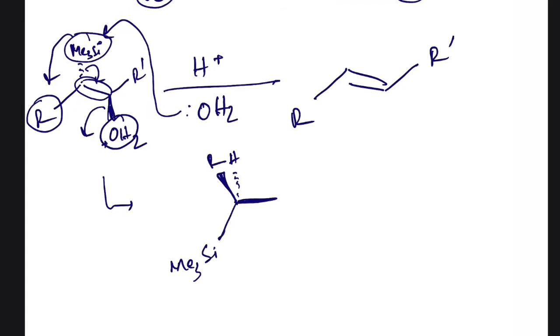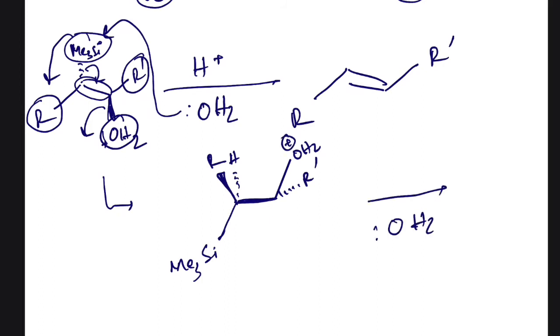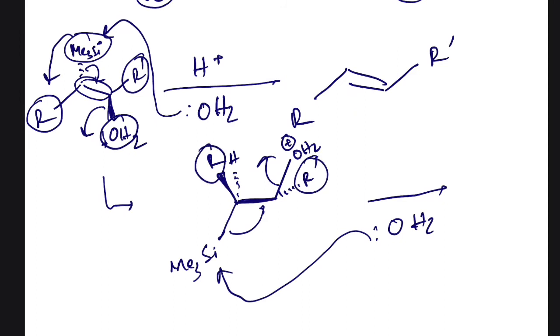Similarly, in this center, the R dash which is on the plane will go below the plane, and the OH which is above the plane will remain on plane, followed by water attack from there. As it is anti-periplanar, it easily kicks it out, and this R group and R dash group are in anti position, therefore it will give the trans product. And the E to Z ratio over there is 99:1.